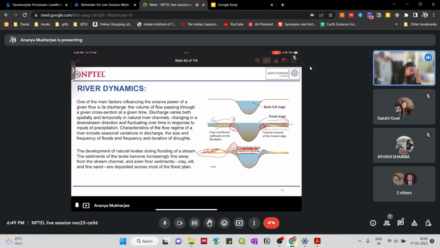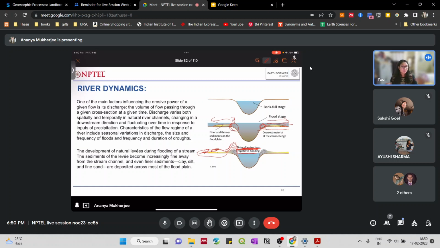Obviously the other thing is that the fertility also depends on the sediments that are getting deposited along the flood plains. As we mentioned, these are very delicate balances. In nature this balance is held in position, but the increasing human activities, human interferences, have been changing this balance between the bankfull stage, the flooding stage, the formation of the embankments,